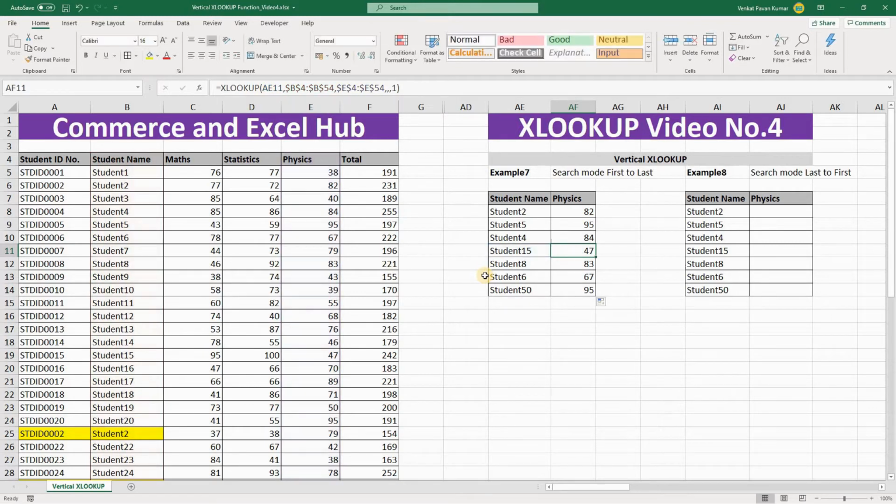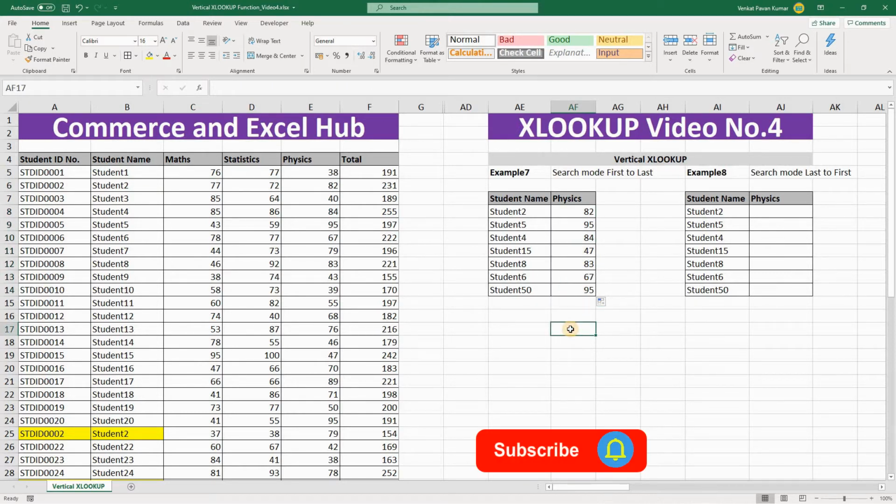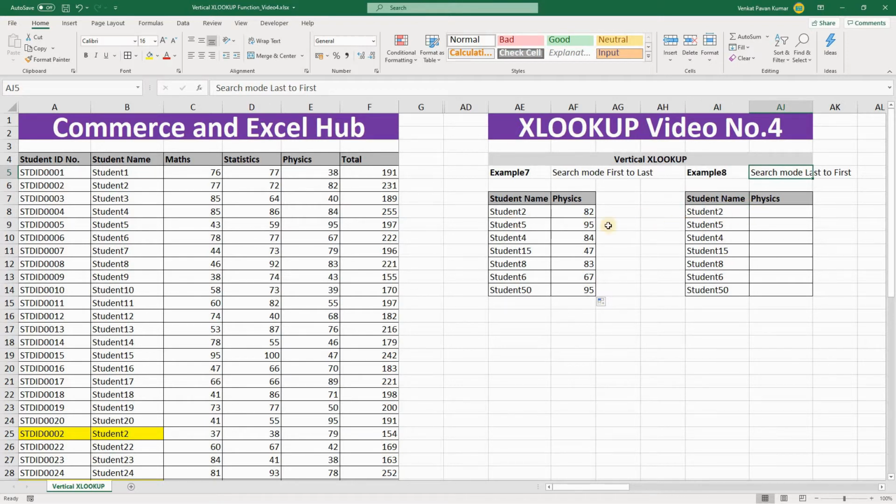Okay. And in normal VLOOKUP also we are going to see the same kind of result, because it's going to simply skip the second line item and just take the first line item and update the result. Okay. So now you may have a question: what is the new thing over here? So the new thing can be explained in example 8. Okay. So now we will start example 8, then we can easily understand which search mode we can use if we have duplicate values.